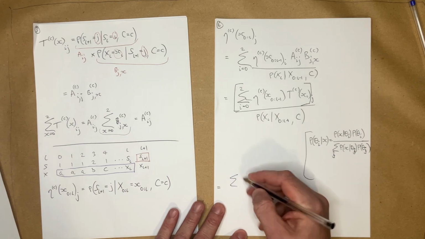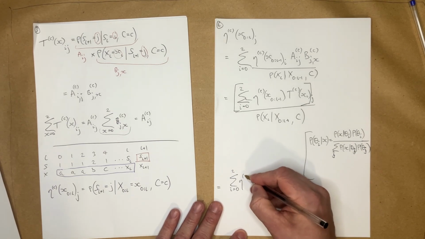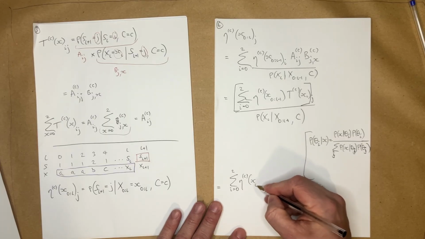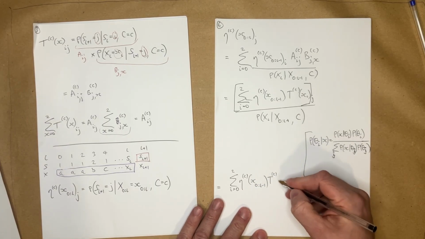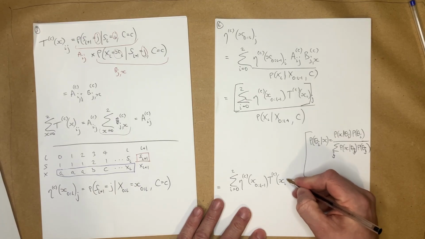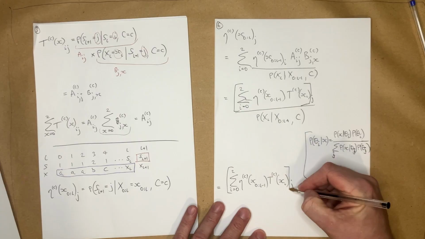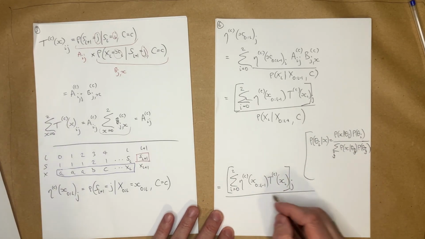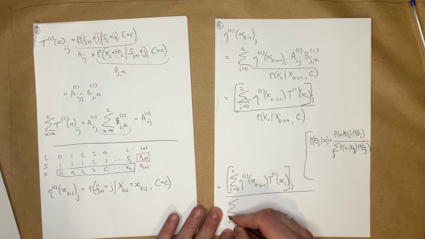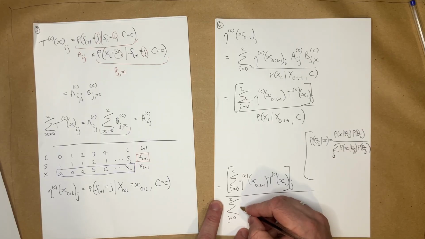So let's go ahead and do that. And why not put the whole thing in brackets? So I'm going to sum over j, let's go from 0 to 2. And it's